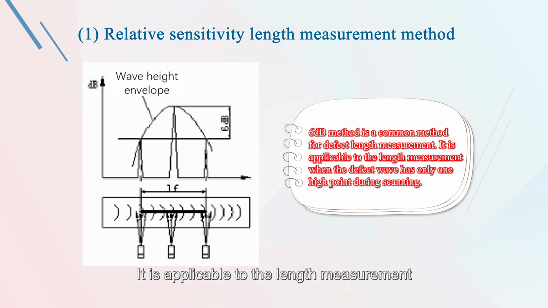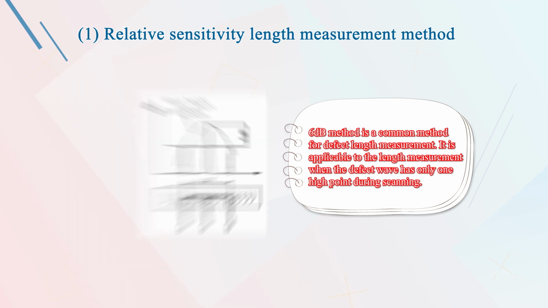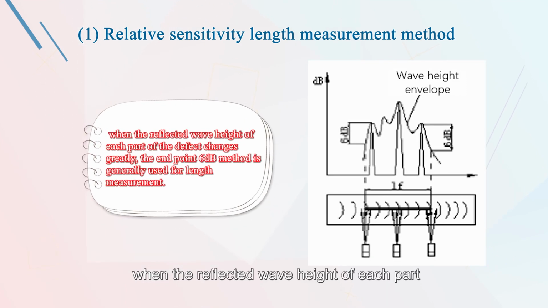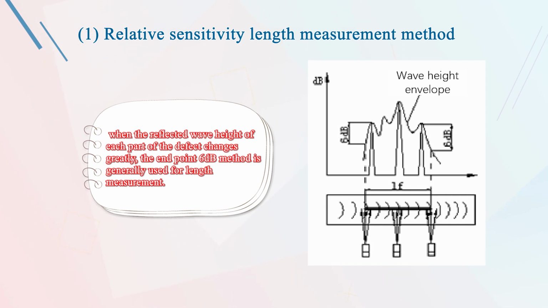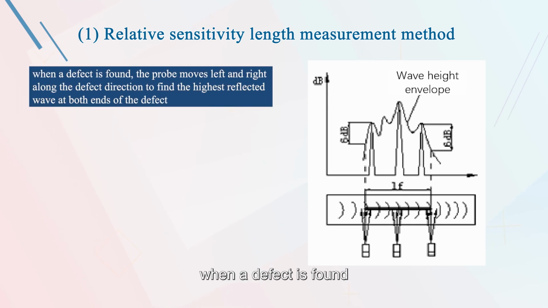It is applicable to the length measurement when the defect wave has only one high point during scanning. Endpoint 6 dB method. When the reflected wave height of each part of the defect changes greatly, the endpoint 6 dB method is generally used for length measurement. The specific method of endpoint 6 dB method for length measurement is that when the defect is found, the probe